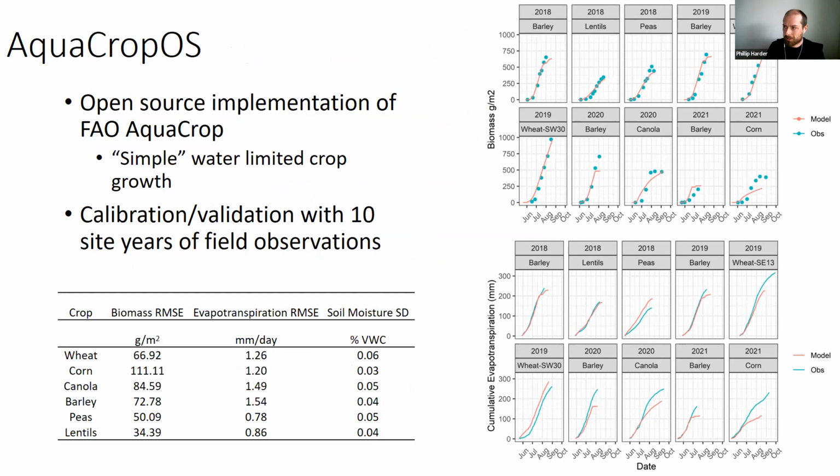I won't talk more about CRIM, but AquaCrop is a bit new for some of the variable crop types on the prairies, and so it needs a bit of validation and calibration to make sure that it works. And so in a nutshell, AquaCrop is a simple water limited crop growth model. Simple means we have fewer variables, but 24 variables that we potentially can play with leads to a lot of issues of equifinality.